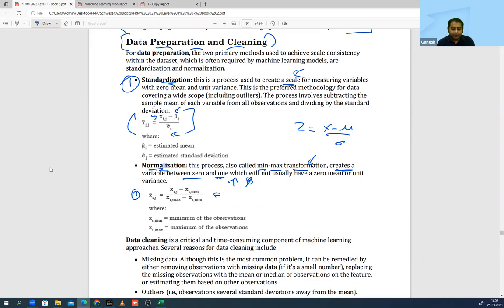Obviously, you need to understand ki kya ho raha hai in the formula. Look at the first example. This is my xi, the data point. What is this? The minimum value in the entire data, and the maximum value in the entire data minus the minimum. So do you realize this denominator is nothing but a range? What is range? The minimum and the maximum value, kitna gap hai? What is the gap between the minimum and maximum? So it is divided by range. Clear?